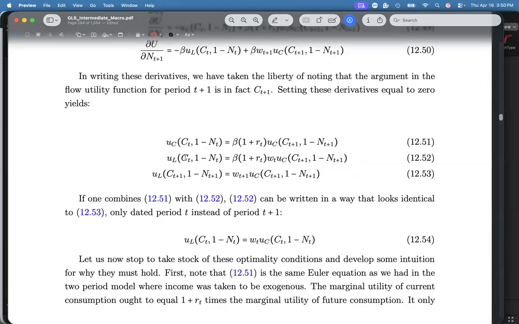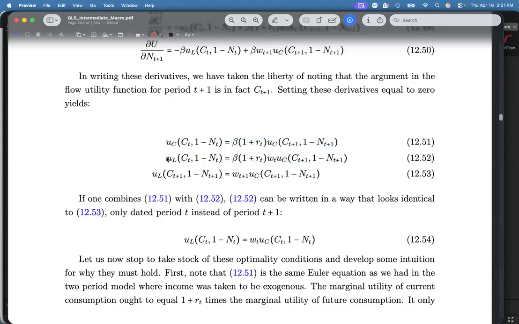Okay. So this is quite similar to the first Euler equation in the sense that the cost and the benefits here are all about foregone income, which will lead you to more consumption in the future. Which is the same. So the Euler equation is the same. If you consume more today, then you will probably miss out on consumption tomorrow.